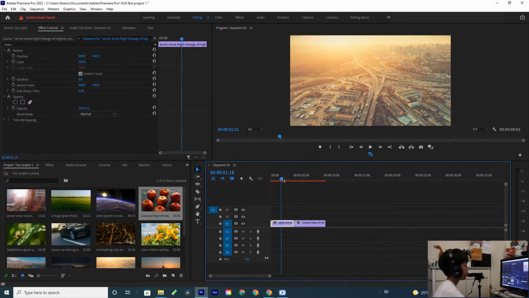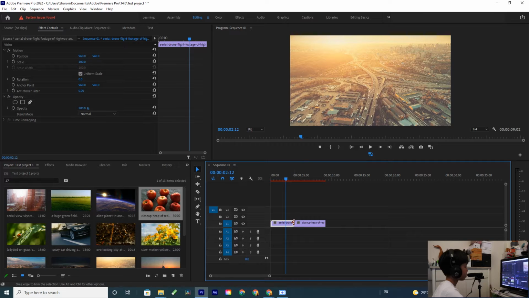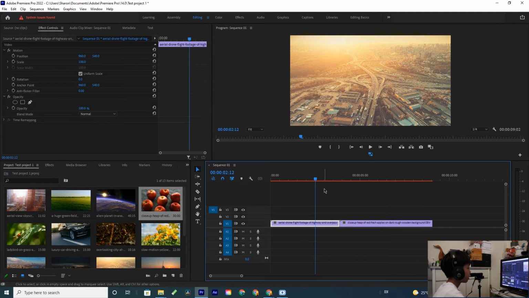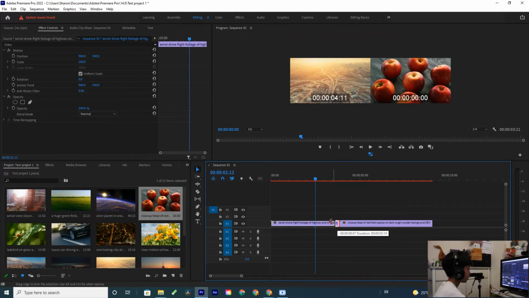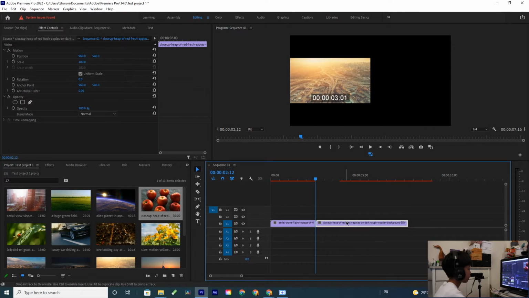And if you want this clip to be a little bit shorter, you just zoom in, hold this circle thing here, and move left, right, like this. And if you want this clip to be shorter, just move your mouse to the end of this clip and click, and then just move your mouse. This will make the clip shorter,